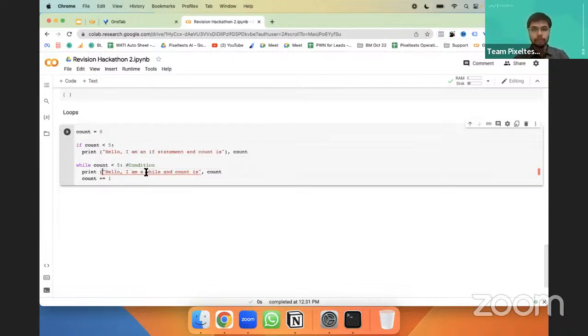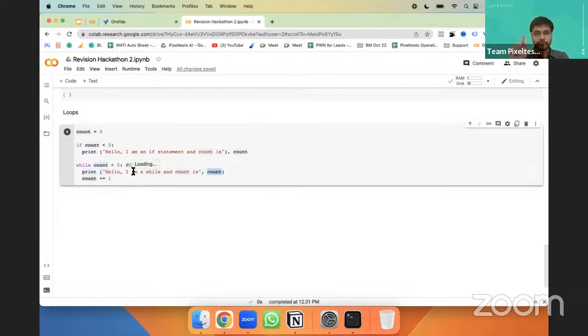Okay, so I'm going to come here and say while count is less than 5. This is the condition, like the condition we had in if statements. The condition is the same, but the keyword is while instead of if. Then we print a similar statement, hello, I am a while, and the count, whatever the count is in that particular run.